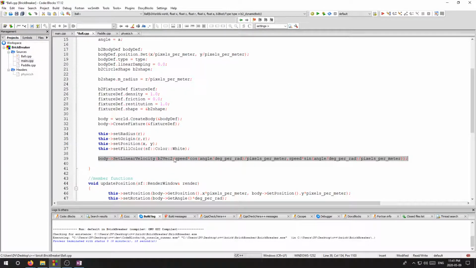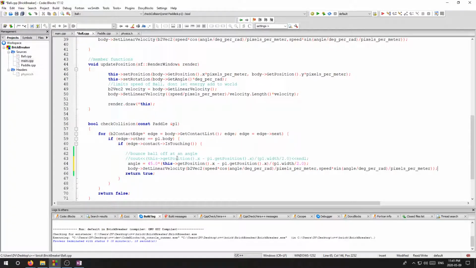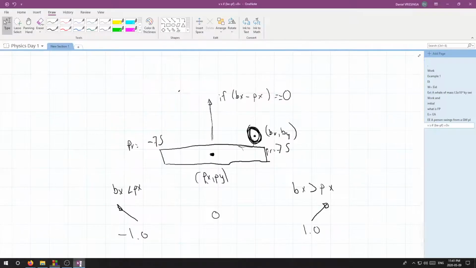And then, so I'm just going to actually steal this code. Okay, and paste it there so that once my angle is set, I just want to reset the linear velocity of my ball to the speed, which is always constant, and the new angle that I found. The only problem is in Box2D,